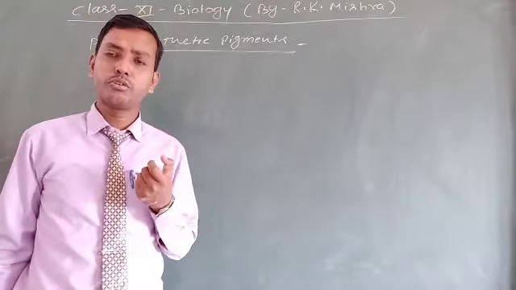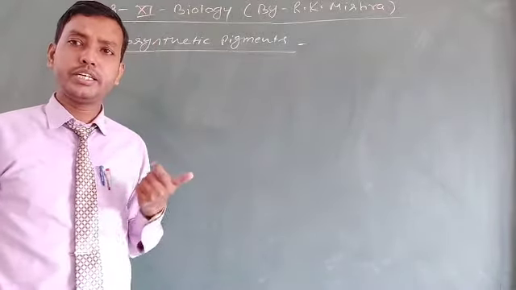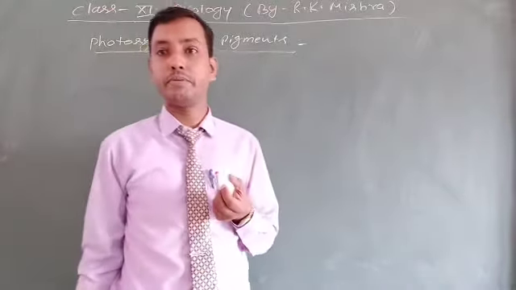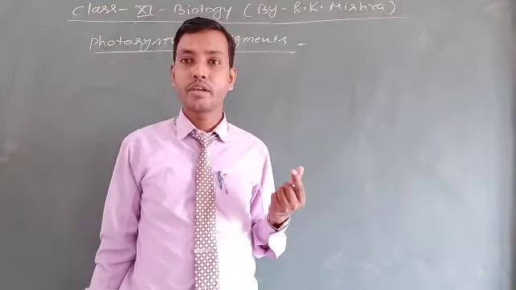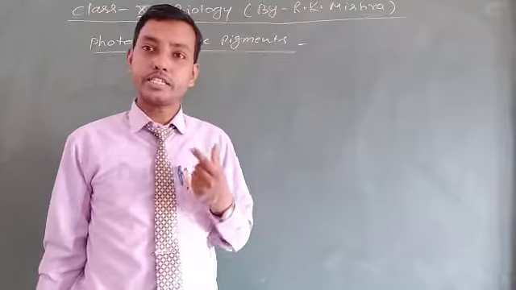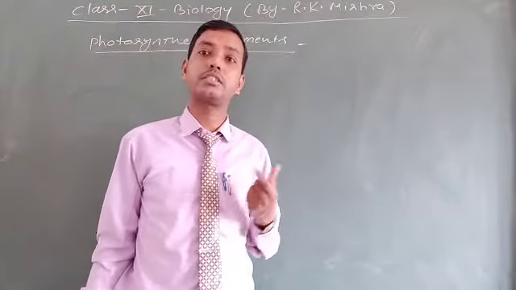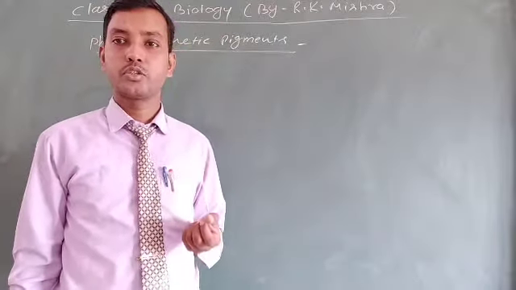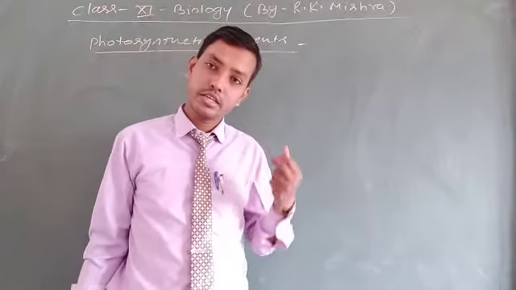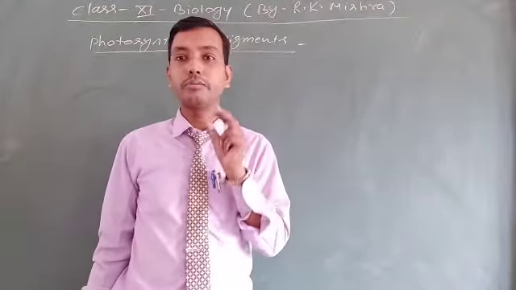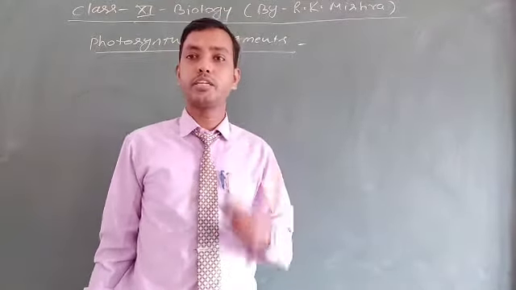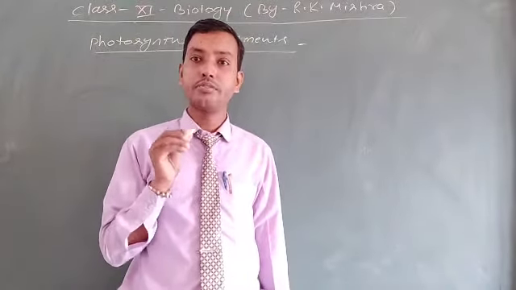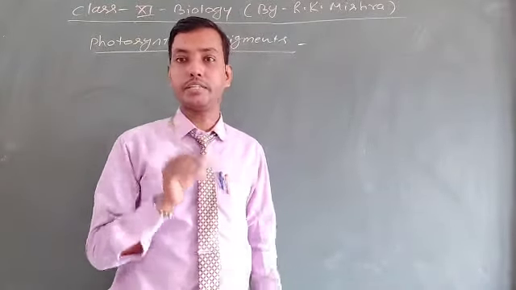And in plants, you know, chlorophyll A, B, C, D, different kinds of chlorophyll are found along with accessory pigments like xanthophyll and carotenoids. But in higher plants, since the lesson is photosynthesis in higher plants, only chlorophyll A and B exist. So in this video lecture and in this chapter, we will learn only about chlorophyll A and B along with the accessory pigments. First of all, you need to write the definition of photosynthetic pigments.